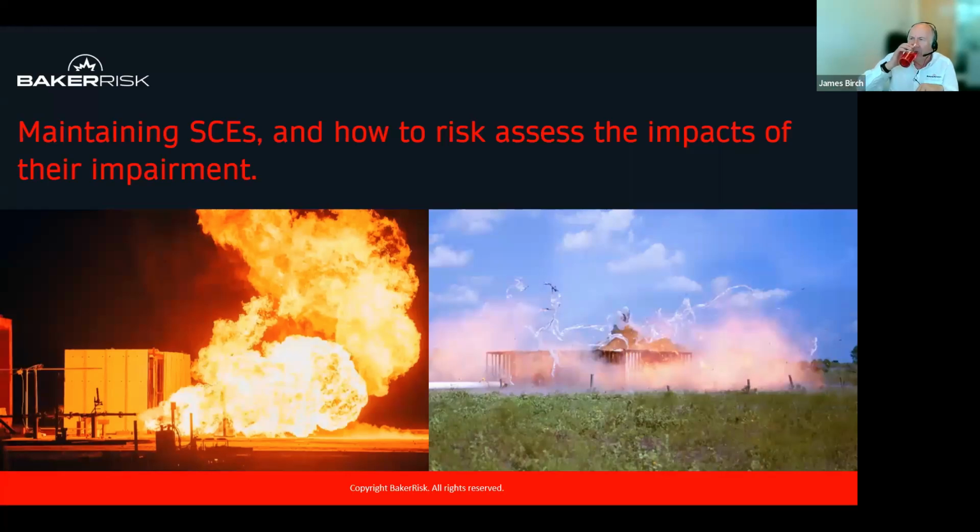So this is, you might say, the fourth stage. And in my experience, maintenance is always the difficult task. We build plants, we design them. They're brand new, they're beautiful, they work. And then over 10 years, 20 years, maybe even 30 years, we have to maintain them. We have to keep them functioning safely. And that is often, in my view, the hardest task of all. So let's look at what we're talking about for this piece.